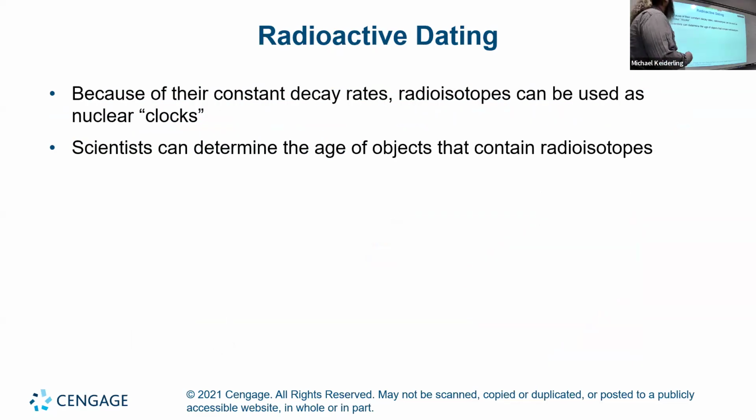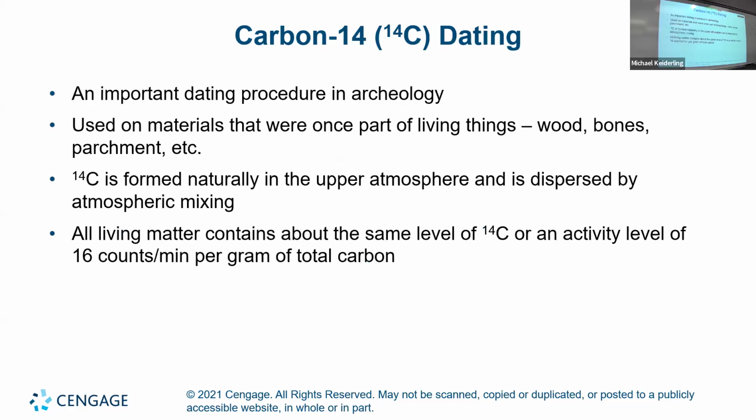And because of their constant decay rate, you can use radioisotopes as clocks. You can use them to measure the age of objects that contain radioisotopes. And this is used to both date formerly living things with carbon dating, but also to date rocks and stuff. Because when they formed, they trapped only certain elements, and then those elements will decay to elements that act differently chemically, and will basically go away. So that's a useful thing.